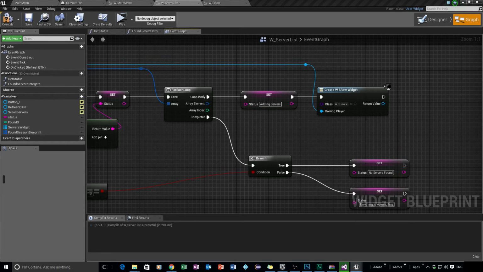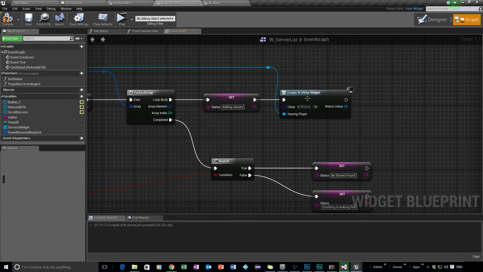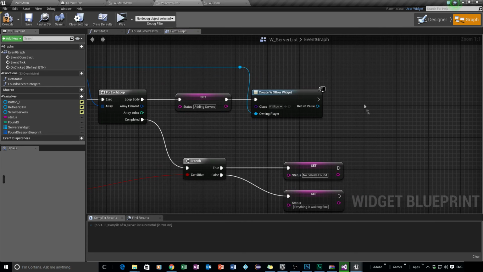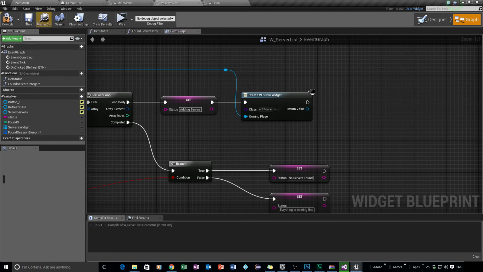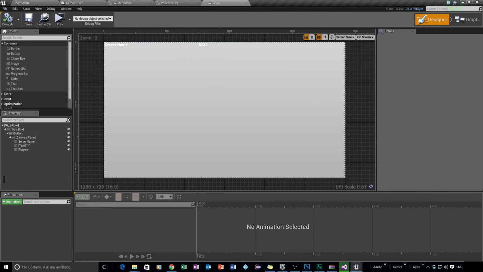Okay. So once that's complete, so once we've got that all working, basically we want to then set our current session. Now we don't have that, and we're going to set it up now. So basically that current session is going to be all the information in regards to our server. So in our S row, and we're going to set it up right now before we can continue with this bit. Okay, so let's just compile and save for now, and let's go into our S row. All right, so I want you to open that up now. Okay, and basically what we're going to do is we're going to,